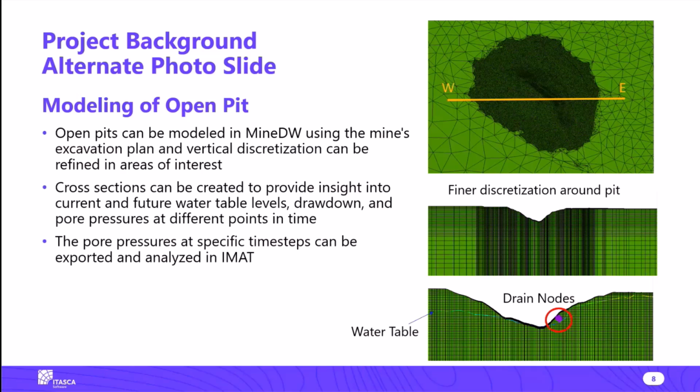Increasing the discretization is important around these areas to ensure the most accurate model, but doing this across the entire model would take too much computing power and will slow down your work. Below that cross-section, we are zoomed into the pit where we can see the water table and the drain nodes